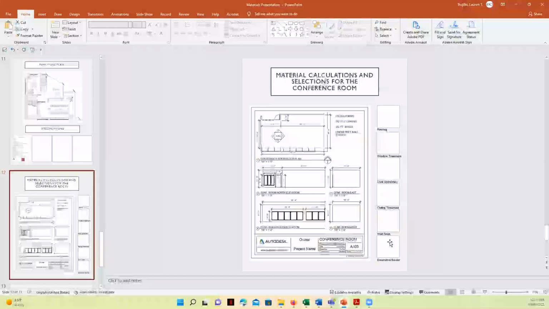But this page also communicates a little bit of information to the client about this focus area, because it allows the client to see the scope of this space, both by looking at the plans and the elevations to help them visualize, but also when these placeholders are populated with swatches, it's going to help the client really start to visualize how these materials come together.